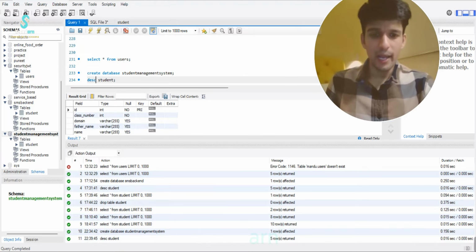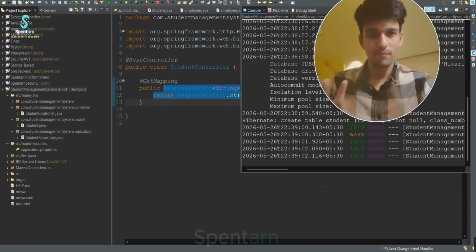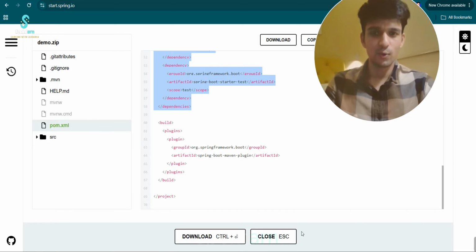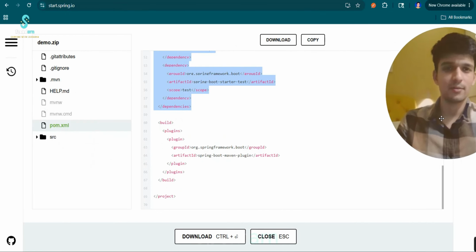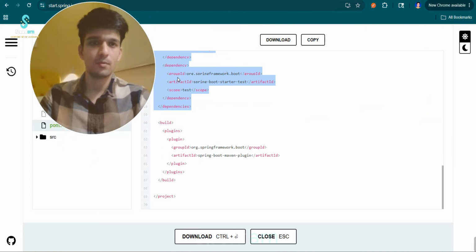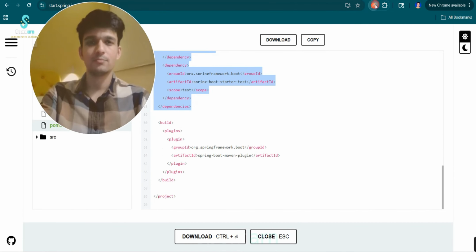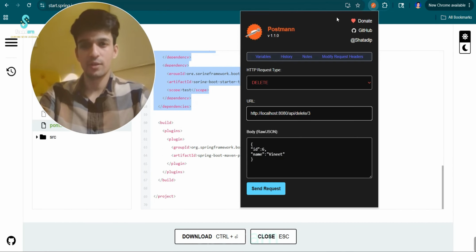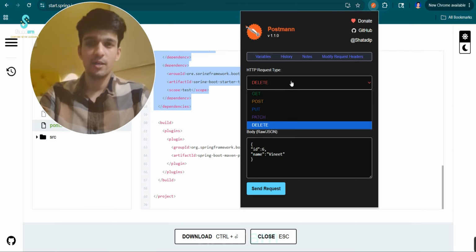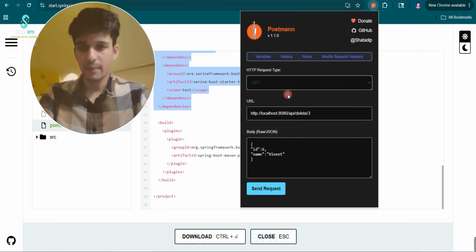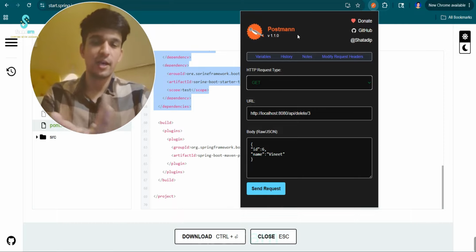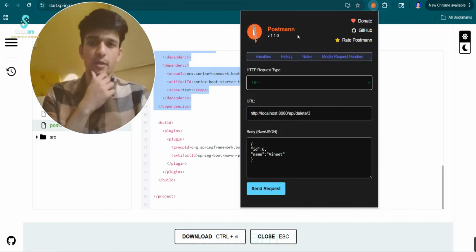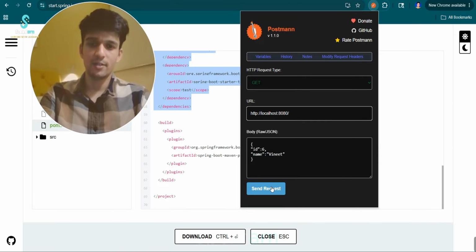Okay, so let's go ahead, and as the application is already running, let's go into any source if you want to use. I'm just using my Postman at this moment. Let's go ahead. This is the get mapping. This is the Postman, MENN. It's a kind of extension that I've downloaded in Chrome. You can even download it. And here, what I want to use is this one. And if I hit the send request,